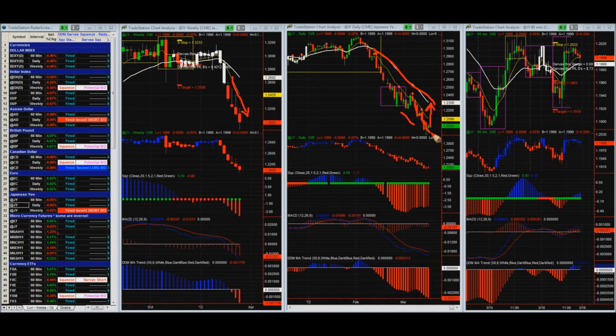I don't think I'd want to be short anymore at this point. If you were lucky enough to get short somewhere along this way, I think now it's pretty extended, and I'm expecting some kind of a rapid move upwards. This isn't major signs of accumulation, but you've got some minor signs of accumulation in and around the bottom here. It's nothing to write home about, but I am expecting at some point one of these moves higher, and I think that would be the better opportunity to look at taking some kind of a short-term entry,